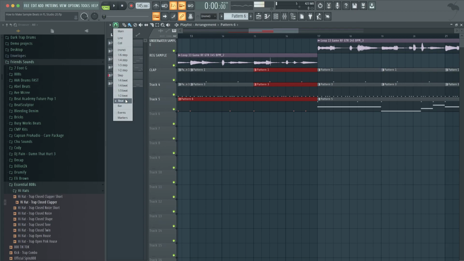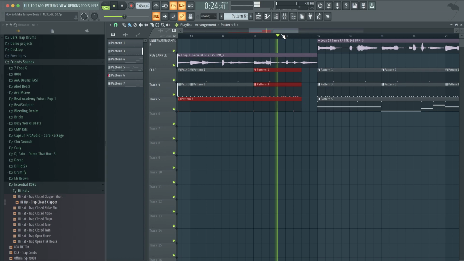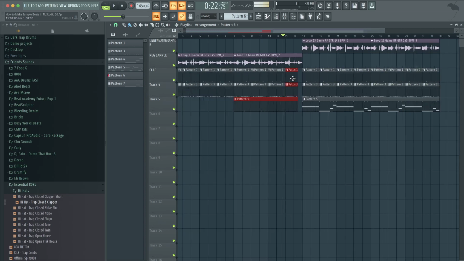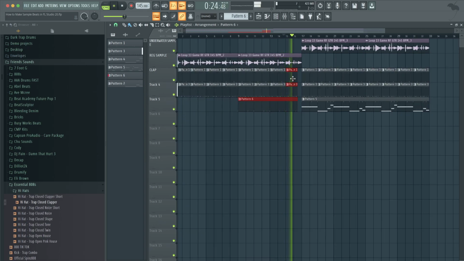Ran out of breath. Change your snap to grid to a beat mode and then left click and just drag it out for the last 2 beats. And just leave a gap. I told you gaps are where movement's created.